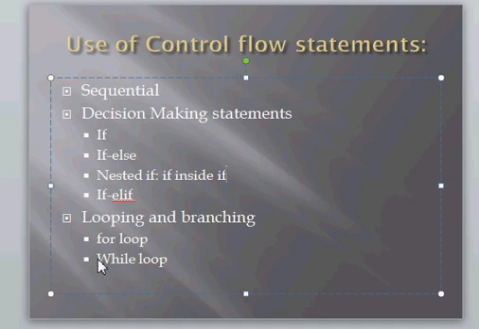And next is while loop. See, while loop also works like for loop, but we prefer for loop where we are sure of the total number of times the statements will be executing. And we prefer while loop where we do not know the number of repetitions of the statements. So if I want to do the same program for printing counting 1 to 10 in while loop, I will be using a code.